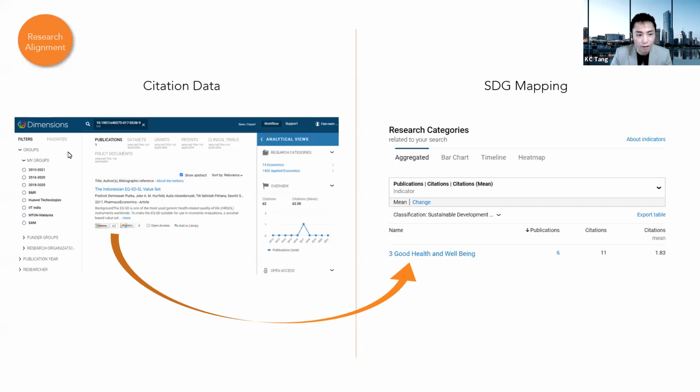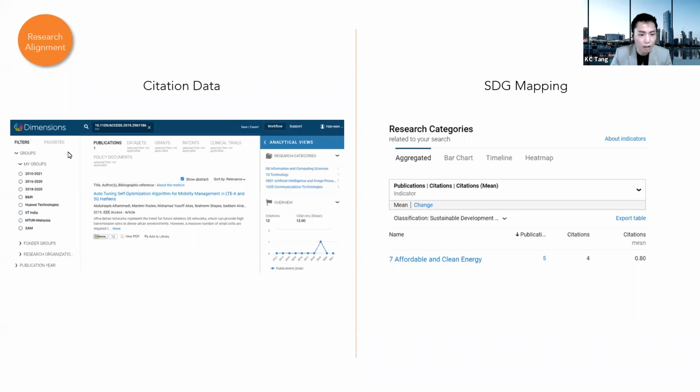But does it mean that it could not be linked up with other SDGs as well? Not necessarily, it's just that the whole connection is still quite weak now. And I think I will get our analyst, Dr. Han Wen, to elaborate a little bit more on this part later on during the sharing. What I'm showing here are examples where, in most cases, when you are working on one particular subject, it links up to just one direct SDG.